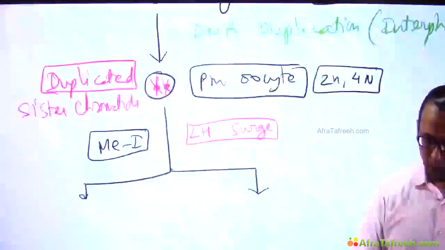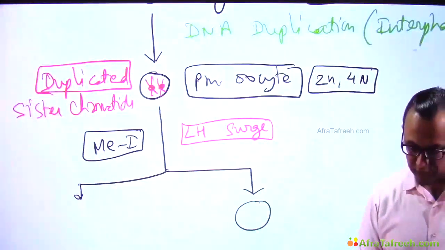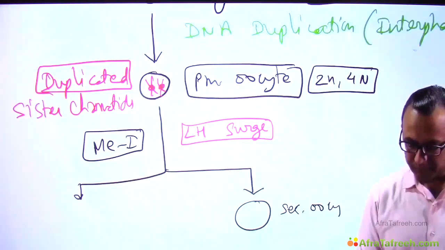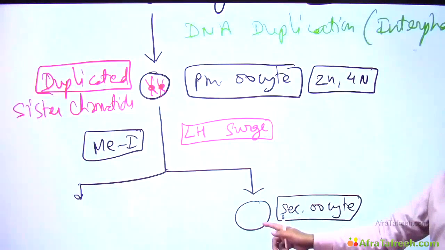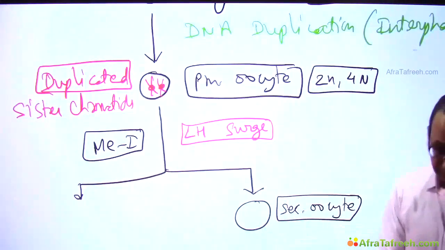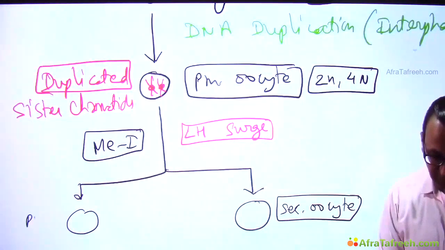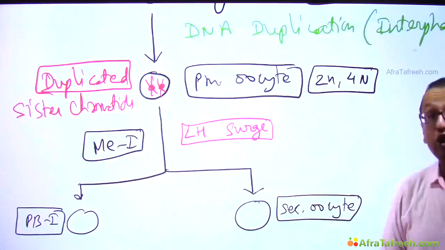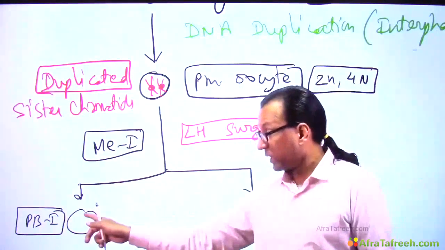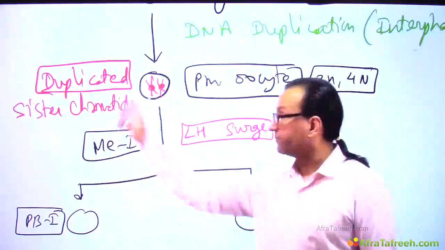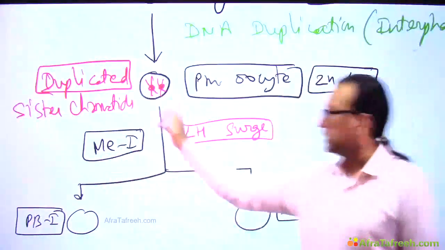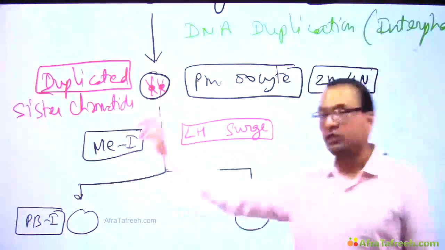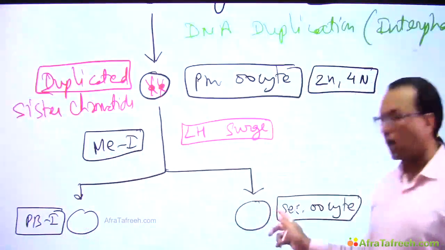As you see, what we get now is the secondary oocyte. But along with the secondary oocyte, you will also get the first polar body. So there will be a polar body here, and that is the first polar body. In meiosis 1, because the maternal and paternal chromosomes are going to separate, you will see the next cells are